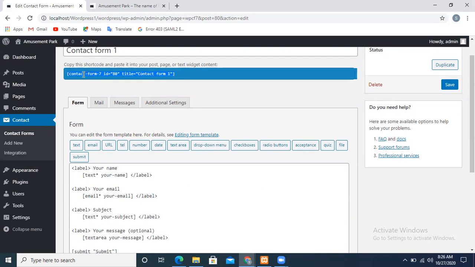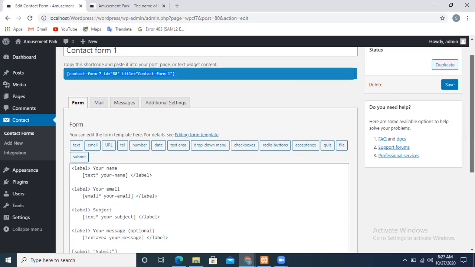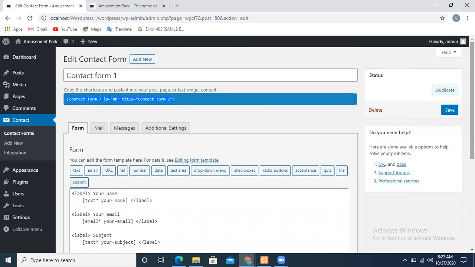And then it will provide you a short code which is written down here. You just have to right click over here and then copy the short code. Then you have to add this particular shortcode to your page. This particular form which you have added over here will be implemented to the particular page.